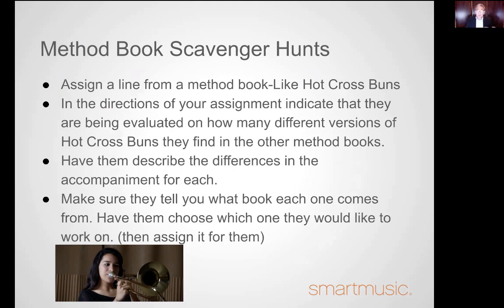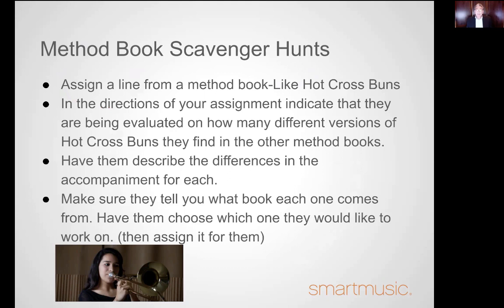And you're also practicing a concept I learned at NYU from Jerome Bruner's book, which was cyclical education. You're presenting similar concepts, but each time at a higher level of achievement, so that you're building upon that foundational skill but improving it and getting better and better at it. Make sure they tell you which book each one comes from, because that's just insurance for figuring out where they found their Hot Cross Buns from.